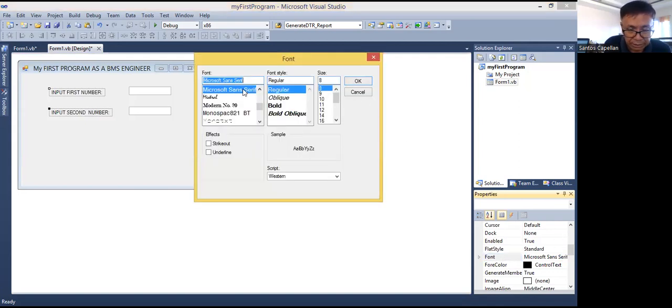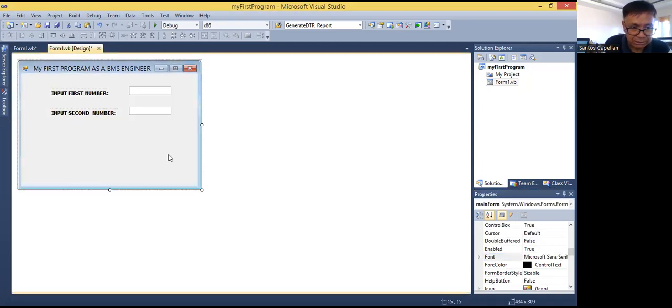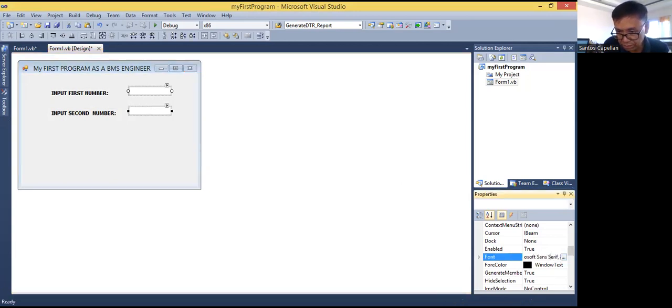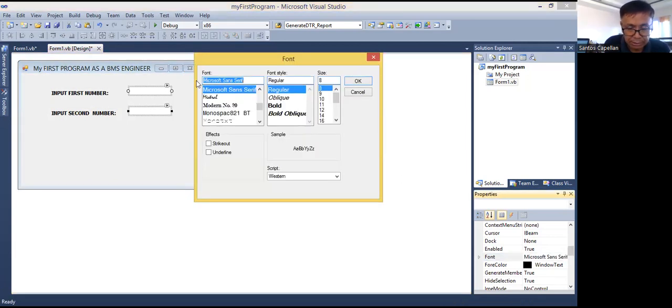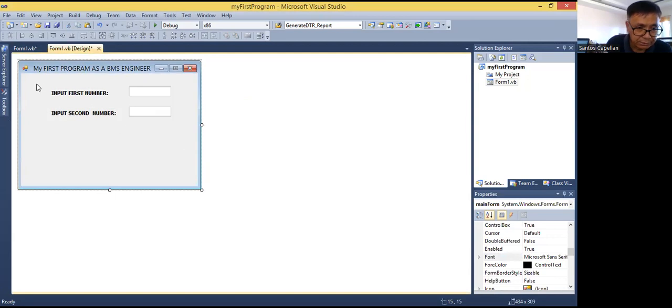Okay, now I can say I want to use Tahoma. Then I want to bold the letters so it will give more emphasis. Then I want to change the size. As I said, likewise, I want to change the same font here: bold, then also 10. Okay. Now, as you can see here,